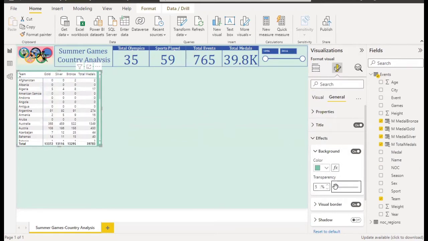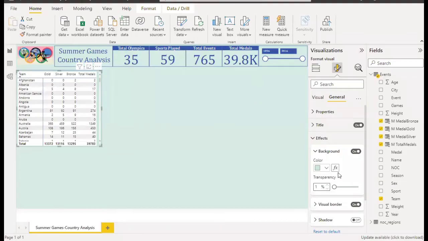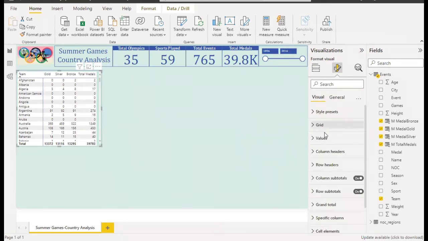Transparency should be, oh, it's not that good. So it's not possible from here. Then let's go to the